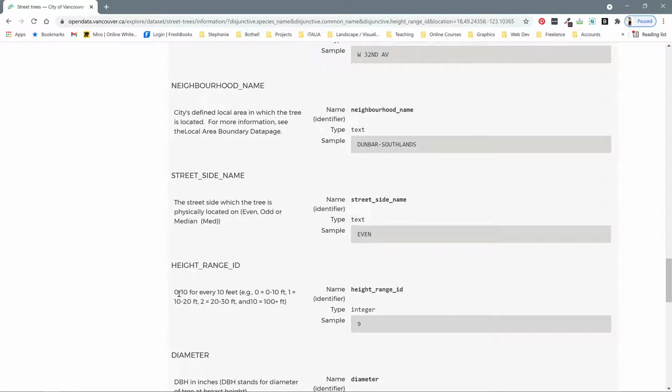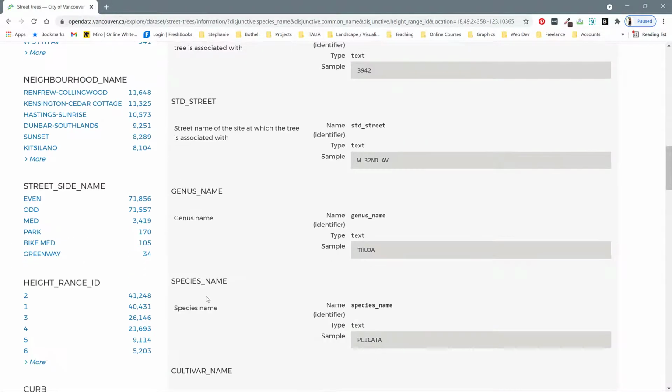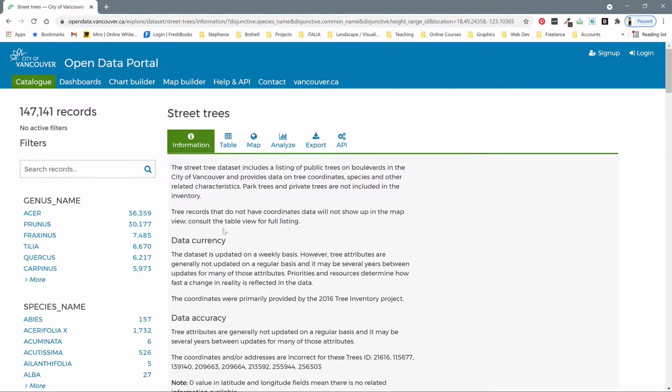that this represents, so it's listed at 0 to 10 for every 10 feet. So 0 represents a tree that is 0 to 10 feet tall. 1 represents a tree that is 10 to 20 feet tall, and so on. So if we have a tree in our data set with a height range ID of 4, that means that tree's height is between 40 and 50 feet. So that's really useful to know, because then we can get an idea about the maturity of the trees on